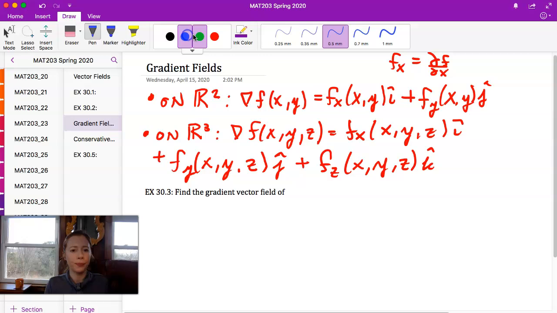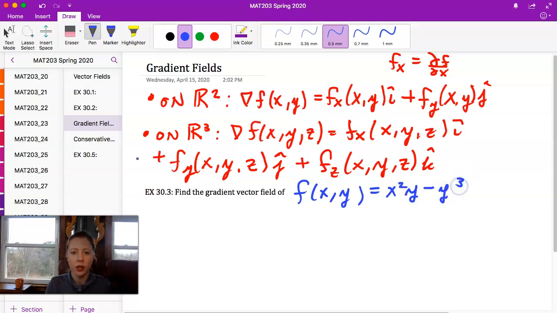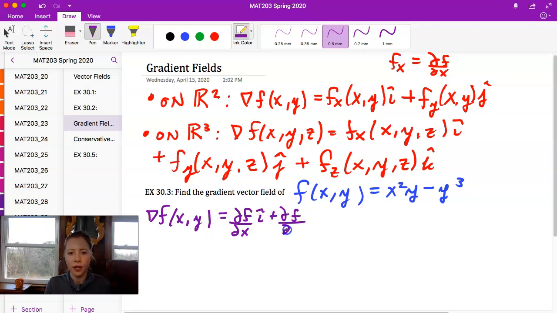Now let's find the gradient vector field of the following. We're going to look at f of x and y is equal to x squared y minus y cubed. All right, so let's find it. So the gradient is going to be del f over del x i hat plus del f over del y